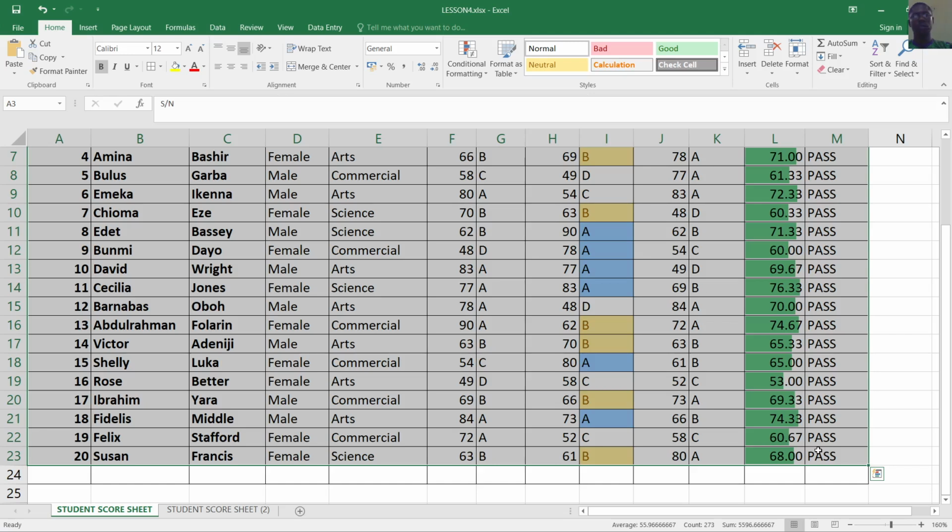When you talk about sorting, it's just arranging your set of values in either ascending or descending order. Okay, that's sorting. It's either in ascending or descending order of arrangement. Just arrangement. Then when you talk about filtering,